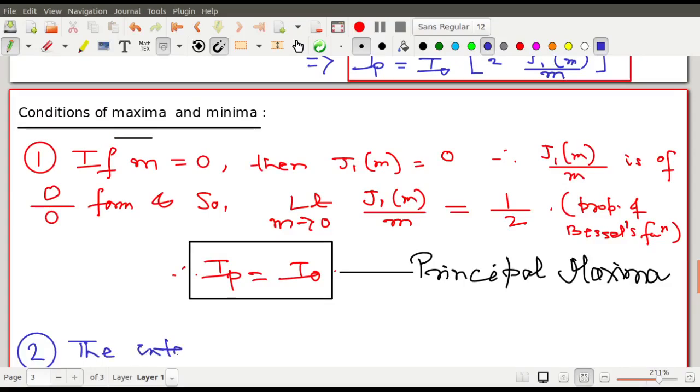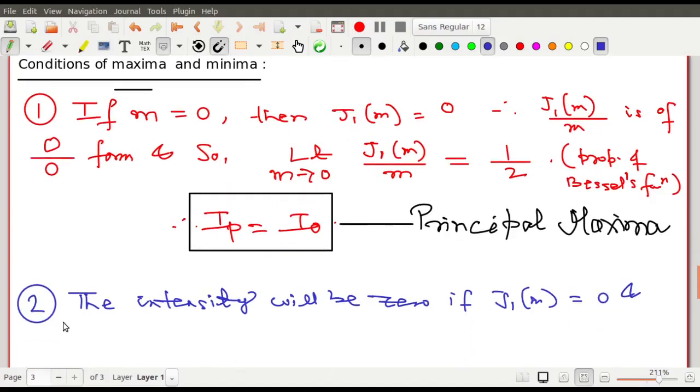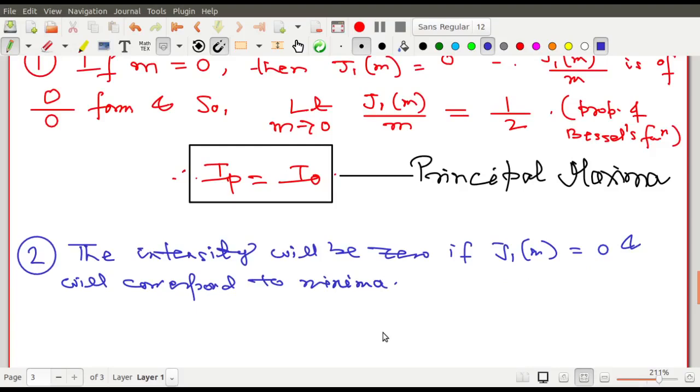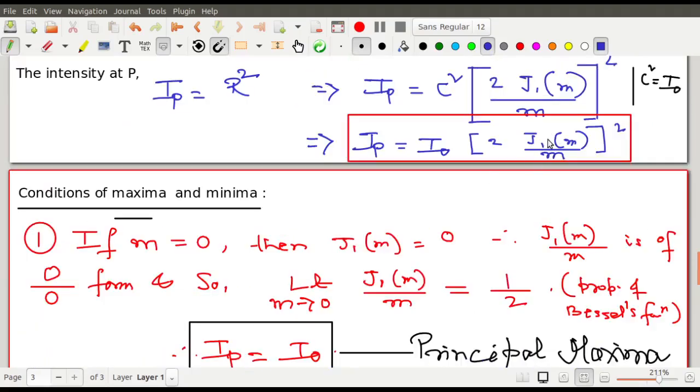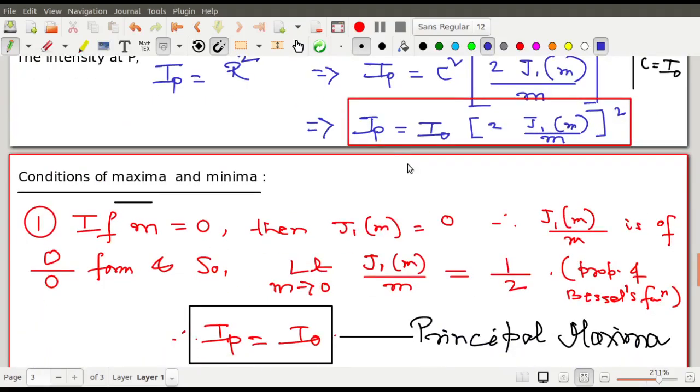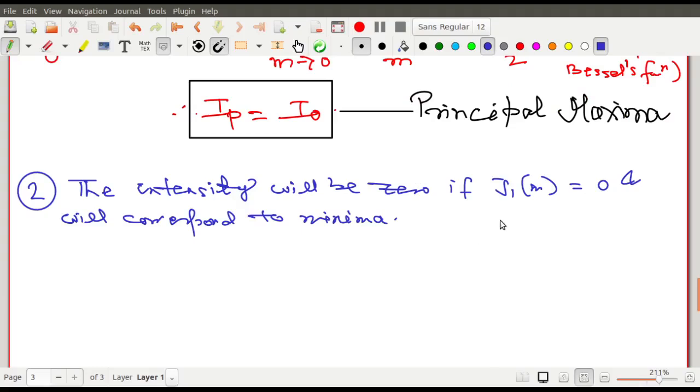The intensity will be 0 if J1M is equal to 0, and this will correspond to minima. Here J1M is 0, so the intensity will be 0, that means it is the minima point. So if J1M equals 0, it corresponds to minima. This occurs at,